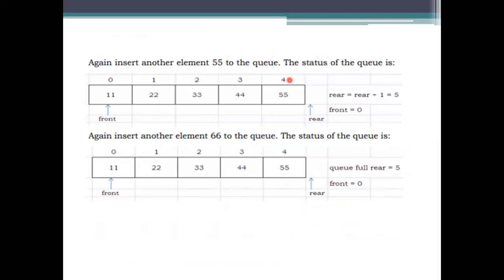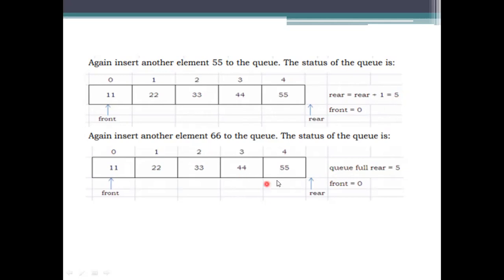So how are we going to check for the overflow condition? Front is equal to 0 and rear is equal to 4. The maximum size is considered here. After entering the value, rear is updated: rear is equal to 4 plus 1, which is 5.